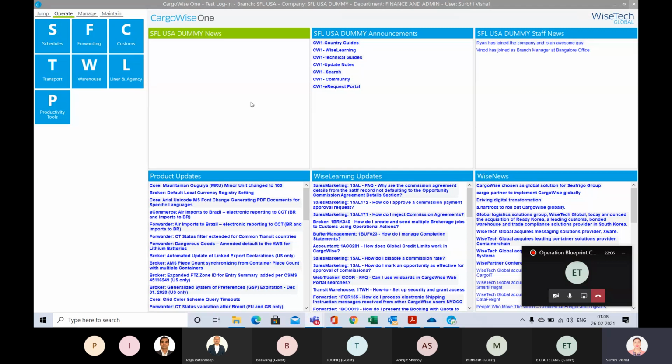And if you click on PRD, then you will be taken directly to the CargoWise screen. Once you get Wise Cloud on your system, you will be familiar with all these things. Okay. That's it. Nothing from my end.